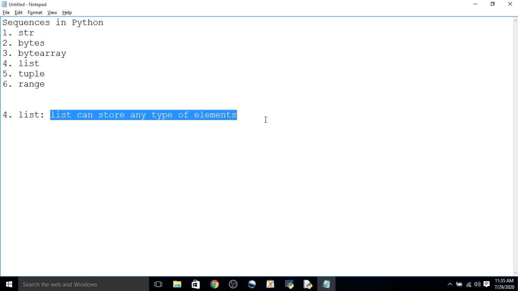An array can store elements of one data type, but a list can store elements of any data type. So a list can store same or multiple types of elements. A list can grow dynamically in memory. An array will be of static or fixed size. Meaning, if you declared the size of the array as 5, we can store only 5 elements. But here it is not like that.